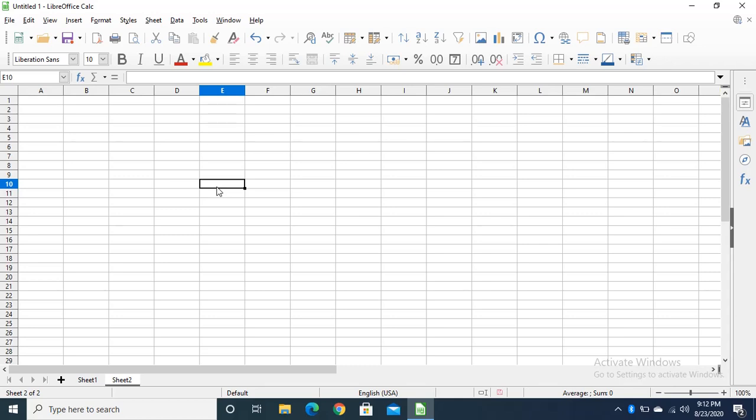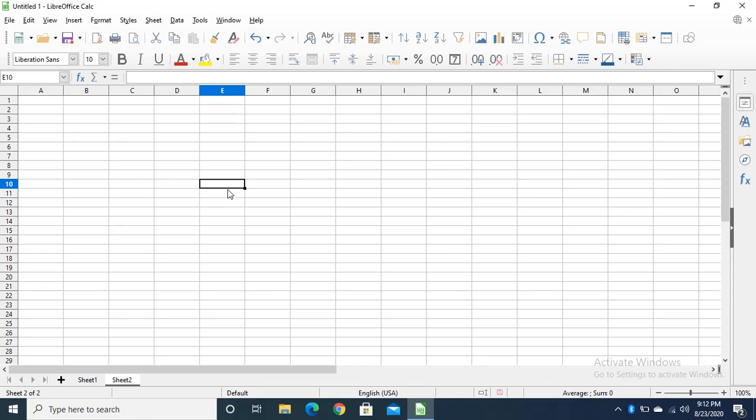Okay, so this is your cell, and the cell which is active is always in a dark box. The border of that box is dark, it is highlighted, so the box having highlighted boundary is an active cell in which your cell pointer is there.